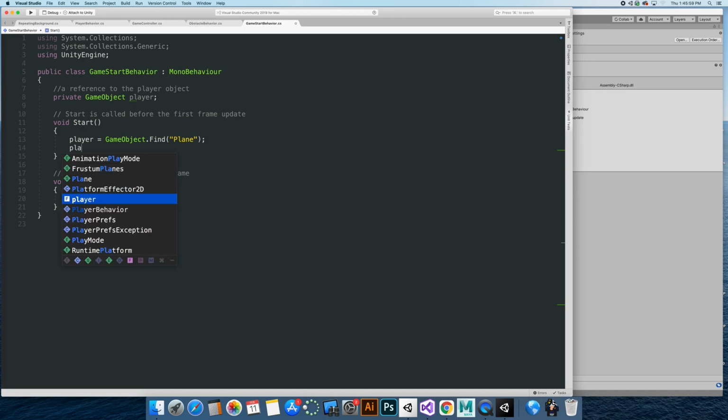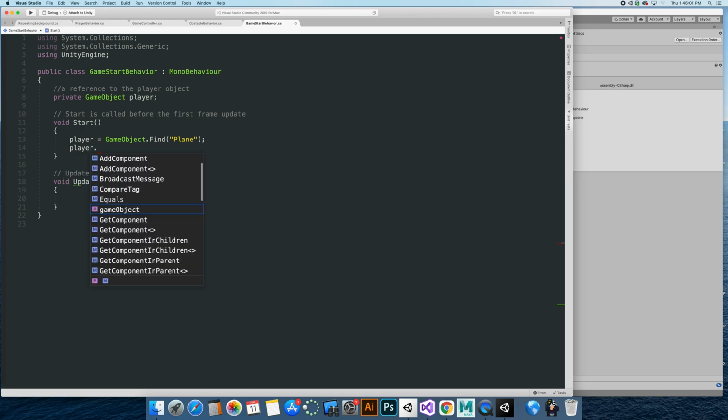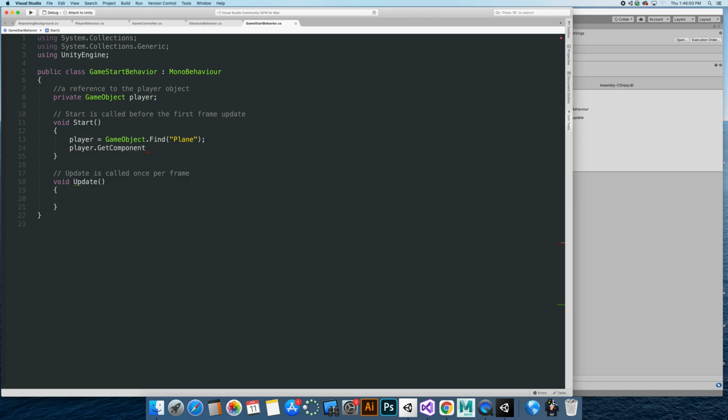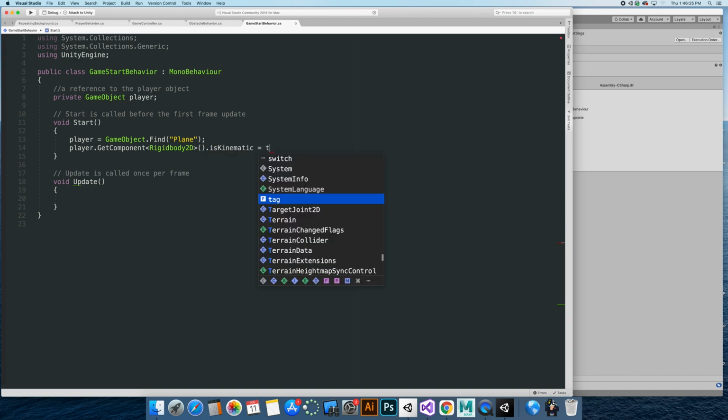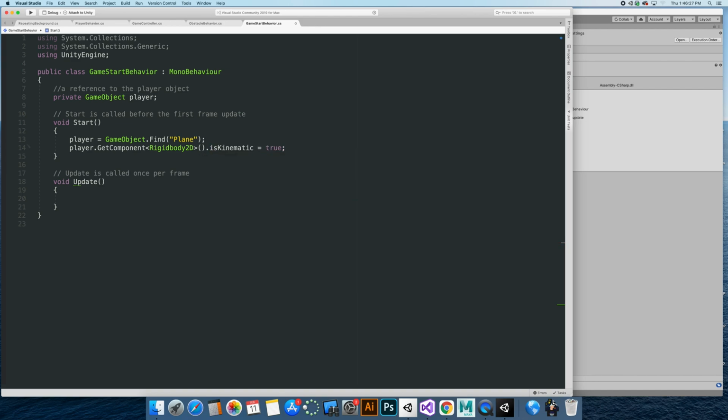object. So I'm going to say player dot get component rigid body 2D dot is kinematic. We're going to set it to true. And so every single frame after the game starts, we're going to start the game